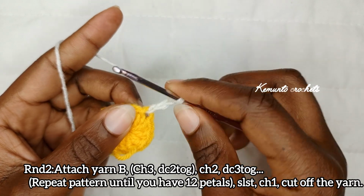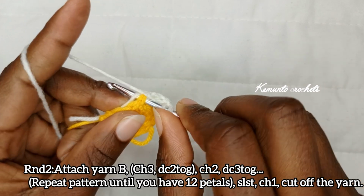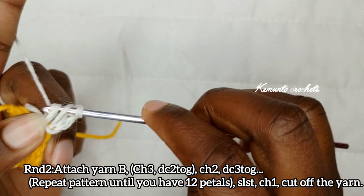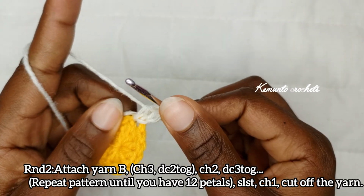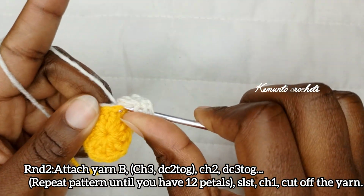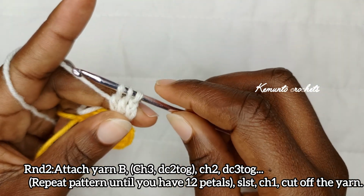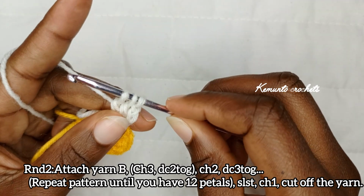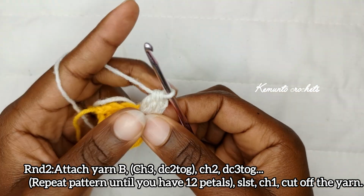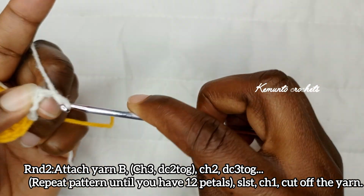yarn over, insert your hook into the same stitch, yarn over and pull up a loop. You have 3 loops, yarn over, pull through 2, and then yarn over, insert your hook into the same stitch, yarn over, pull up a loop. You have 4 loops, yarn over, pull through 2, so you remain with 3 loops on your hook. So yarn over and pull through all the 3 loops, and then chain 2, 1 and 2,